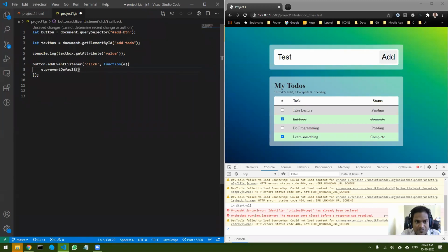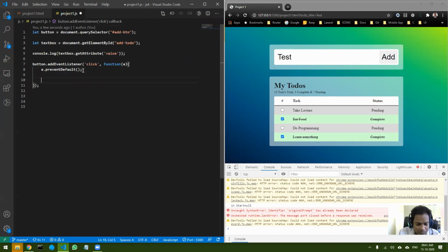You have to call this function whenever such a thing is happening. What this prevent default does is, whatever is the default behavior of that particular button or form, that can be stopped, that can be prevented.